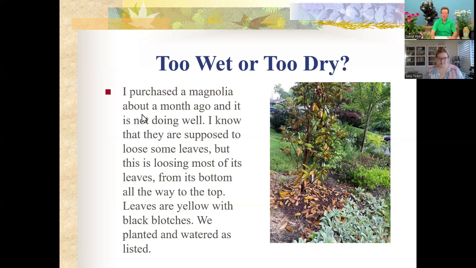So about a month ago, it's not doing well. They know the plants. We taught people magnolias shed leaves, right? But it might be normally like 5% shedding. This is excessive leaf drop. So this is definitely more of a stress reaction. So then the question comes in, well, they're watering it, but is it still meeting the goals? Is it sufficient? You can't tell by looking at the tree.